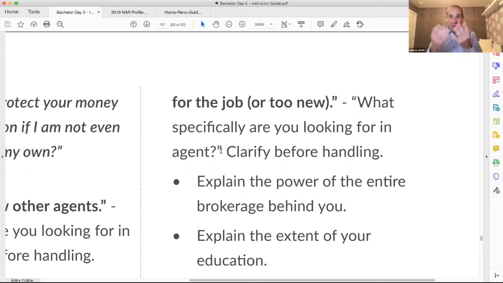So you don't look too new. But if they do give you that objection, I would ask the question, what specifically are you looking for in an agent? Wait for that, just like our last question. And then one of the things you want to go into, and this is where the brokerage can come in,